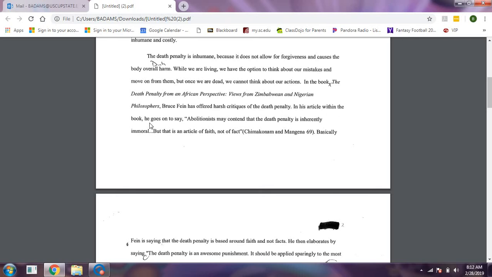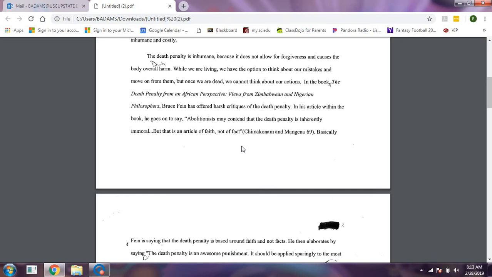"In his article within the book, he goes on to say, abolitionists may contend that the death penalty is inherently immoral, but that is an article of faith, not of fact." All right, so the point that Fine has just made is that you cannot irrefutably say that the death penalty is immoral, because to say something is immoral depends on your particular beliefs, whether they be moral, religious, ethical, philosophical, whatever. He is not specifically talking about religious faith here, as the writer of this paper later implies, but we'll